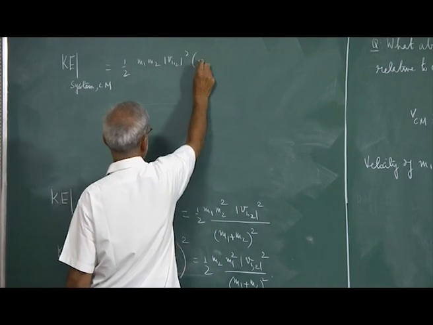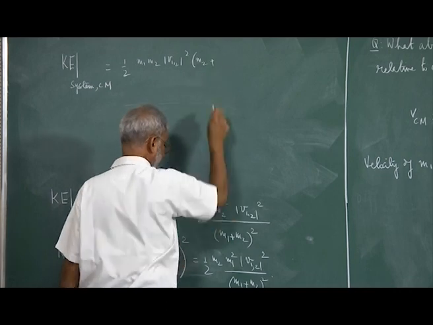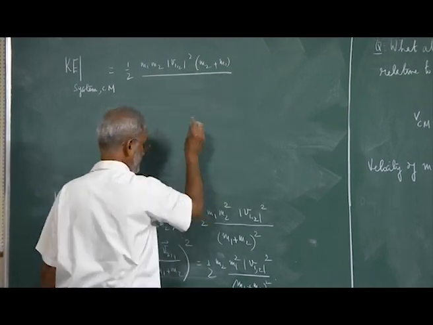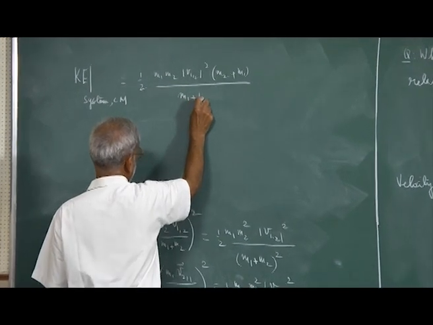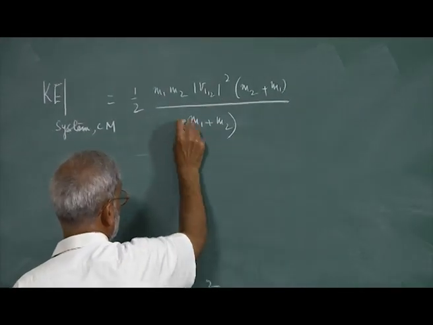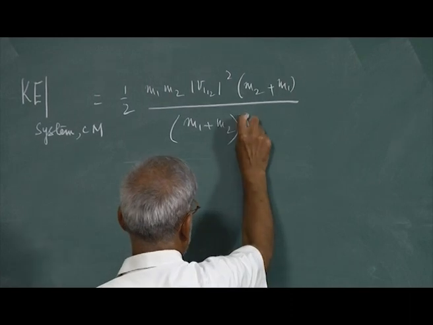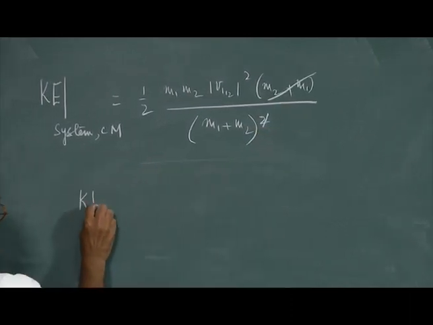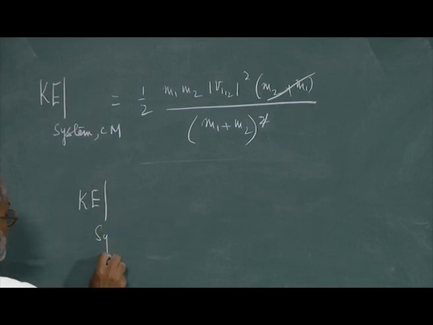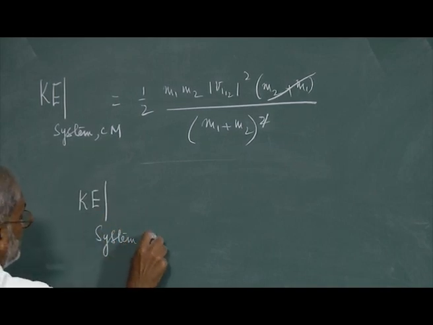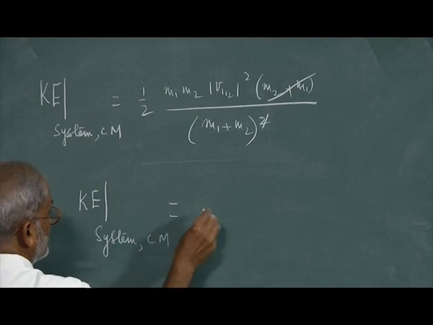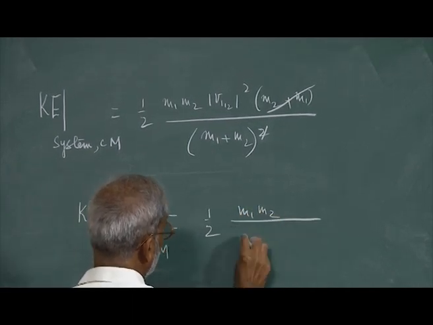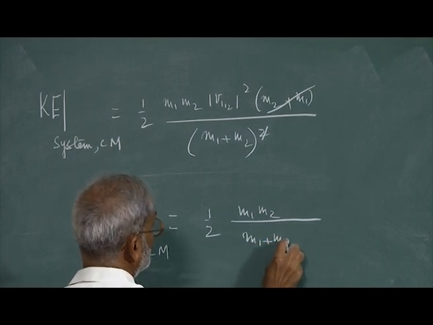Here I will have an m2, here I will have an additional m1 coming, divided by m1 plus m2 whole squared. So one power will get cancelled, and I will simply have the kinetic energy of the system with respect to the center of mass as half of m1 m2 by m1 plus m2